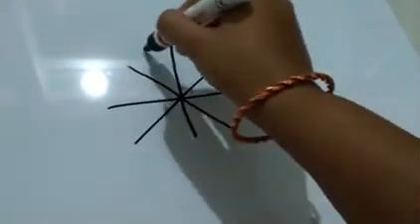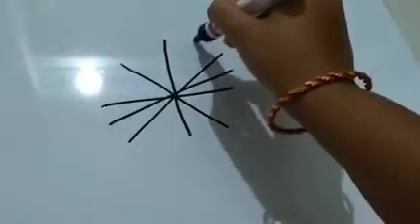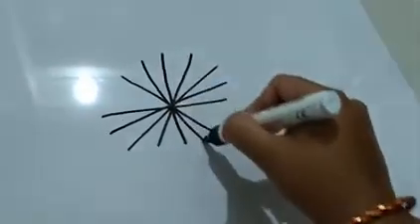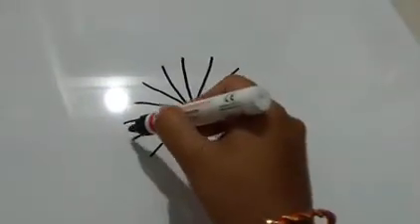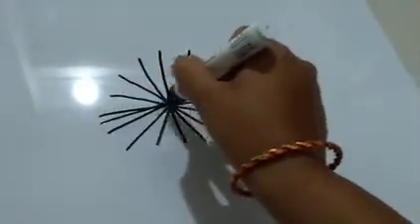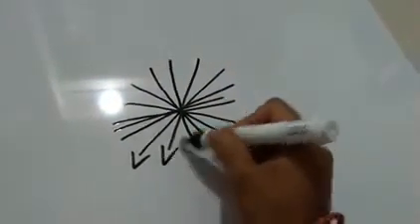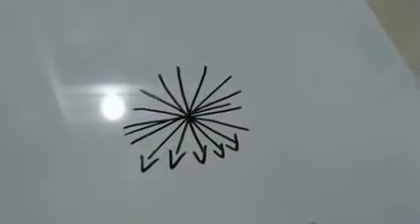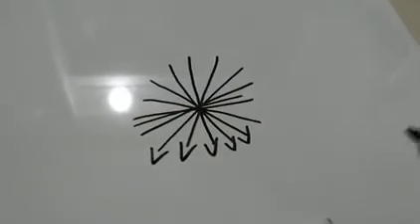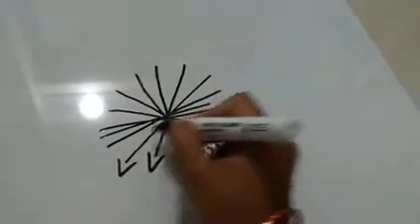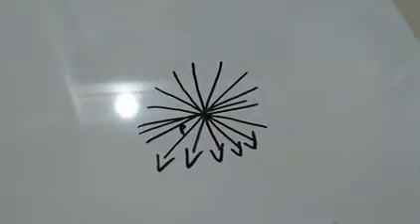1, 2, 3, 4, 5, 6, 7. Can we draw a few more lines? Yes, we can. This activity shows that from a single point we can draw multiple lines passing through it. That is, infinite lines can pass through a single point. That point is called the point of concurrence.